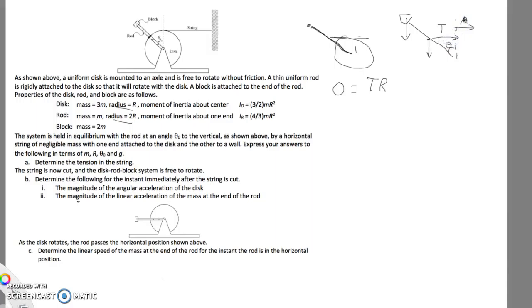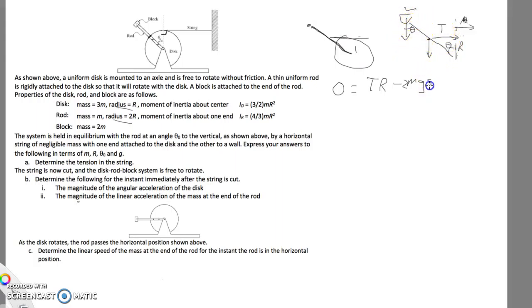Sorry, when it comes over and it's acting at the axis of rotation here, it's a distance R away. So I think we can actually say that it's just T times R. I think we can ignore the angle, because it's acting perpendicular here to the disk. So we get TR from that minus mg, or 2mg for the block, because it has mass 2m. And then this angle here is going to be theta, the same as that one, and so we